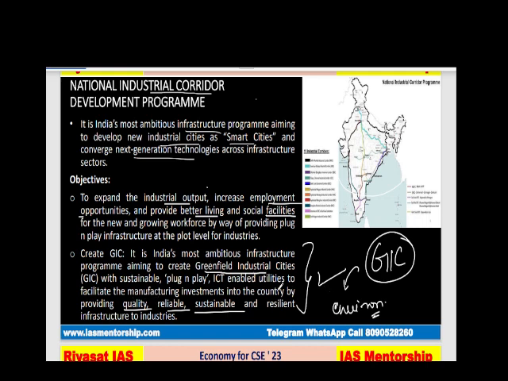Remember, there are two types of industry, greenfield and brownfield. Clear? Greenfield refers to the very new, and brownfield refers to the existing one. If it is greenfield industry, basically it's the establishment of an entirely new industry, and if it is brownfield, it means this is already there and we are making some changes in it. Clear? So this is your National Industrial Corridor Development Program. You can see here the lines which have been made on the India map correspond to the industrial corridors, and it has been said that on these corridors only, industries will be built up.